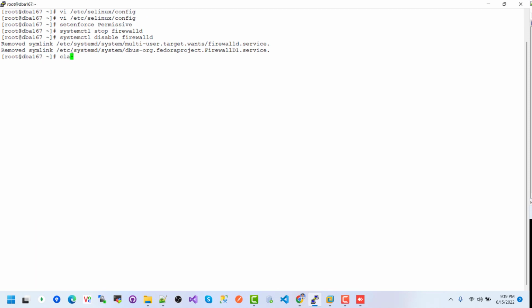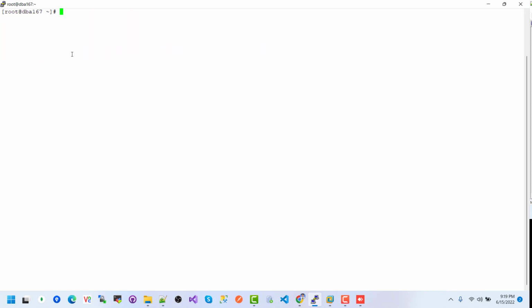Now we are at putty, clearing the screen. Now this is the root user actually. So first we need to create the inventory directory. mkdir -v --parent /u01/ora_inventory. Hitting on enter, we can see our ora_inventory created successfully